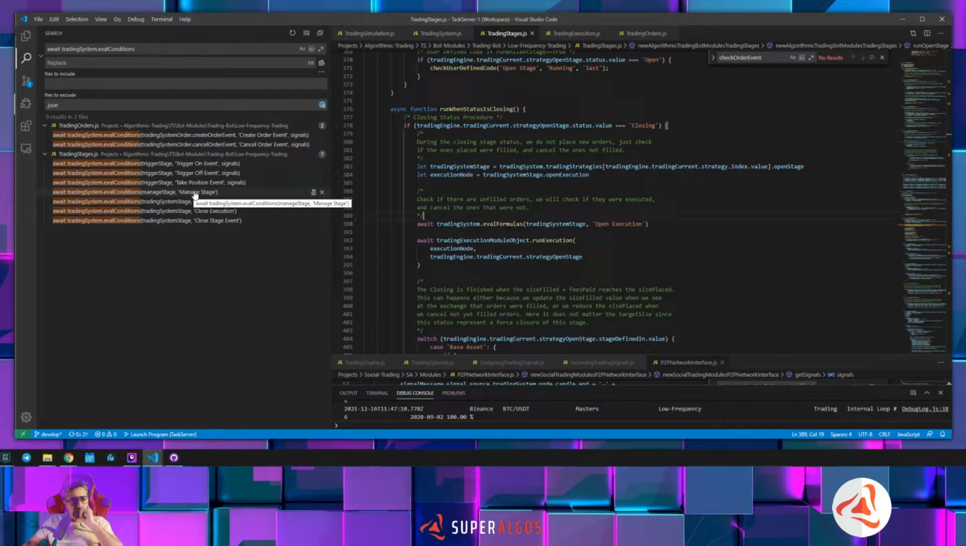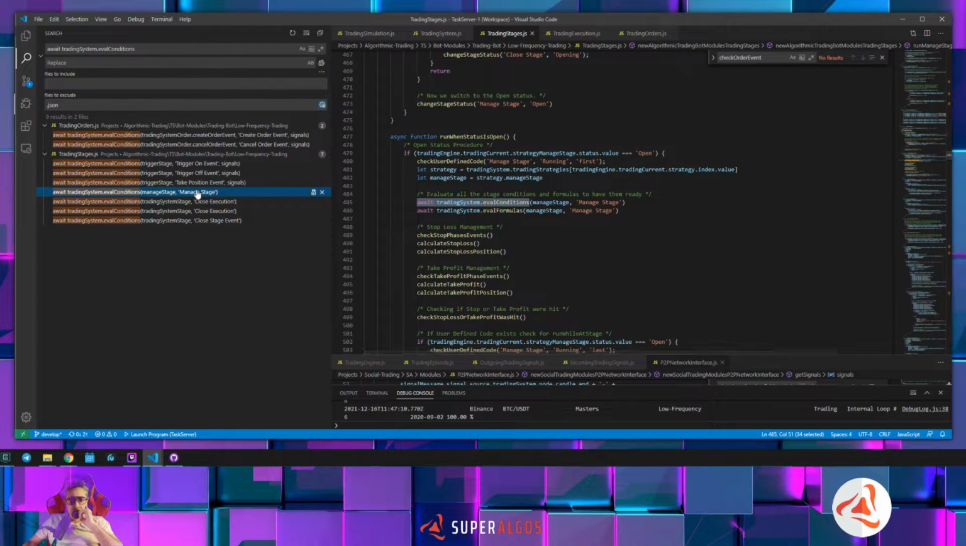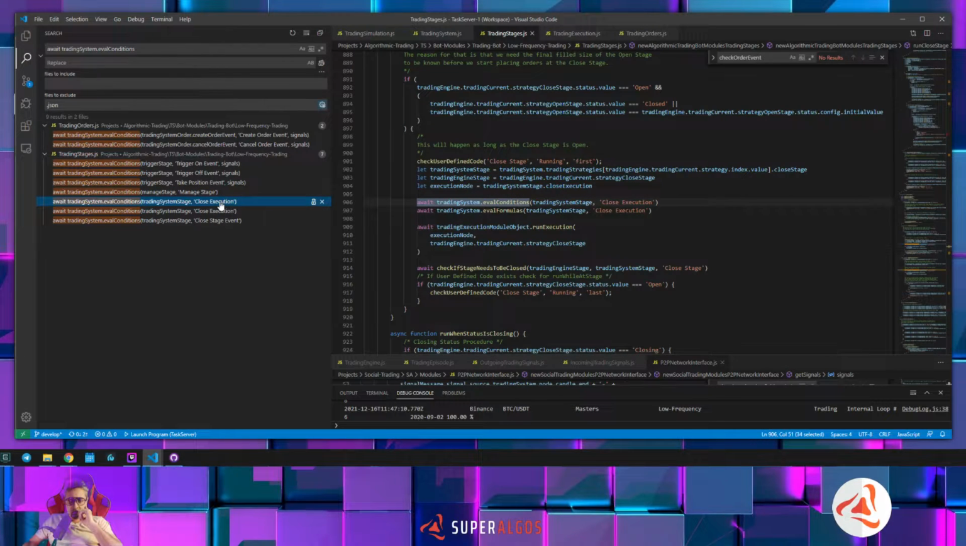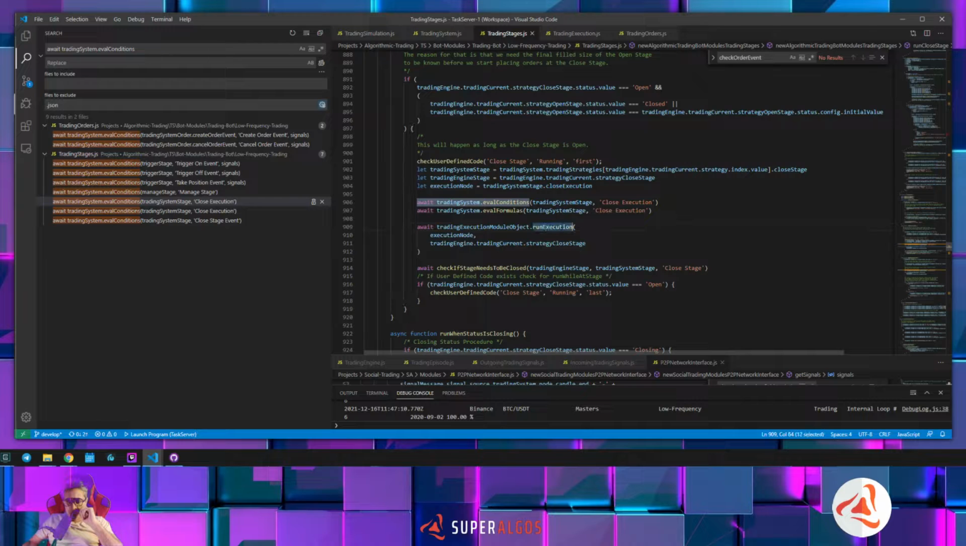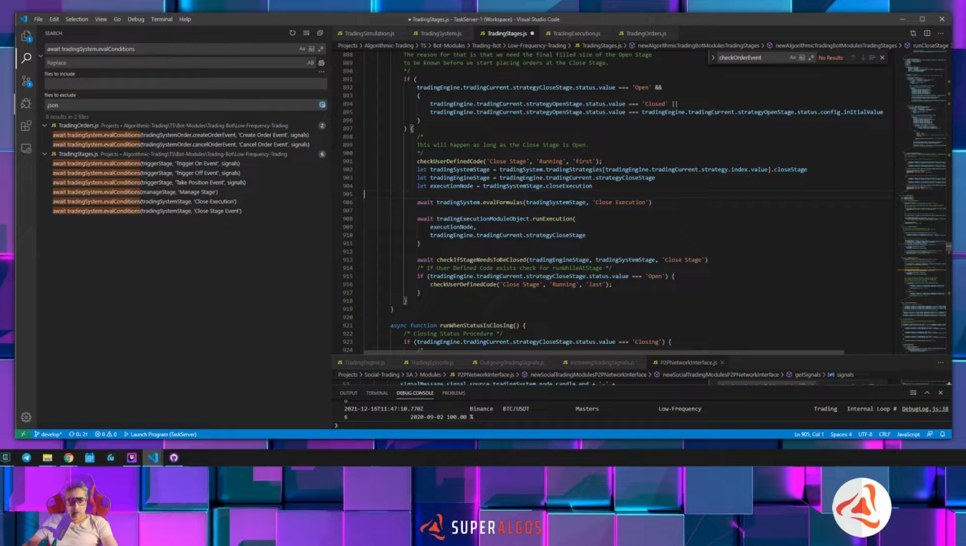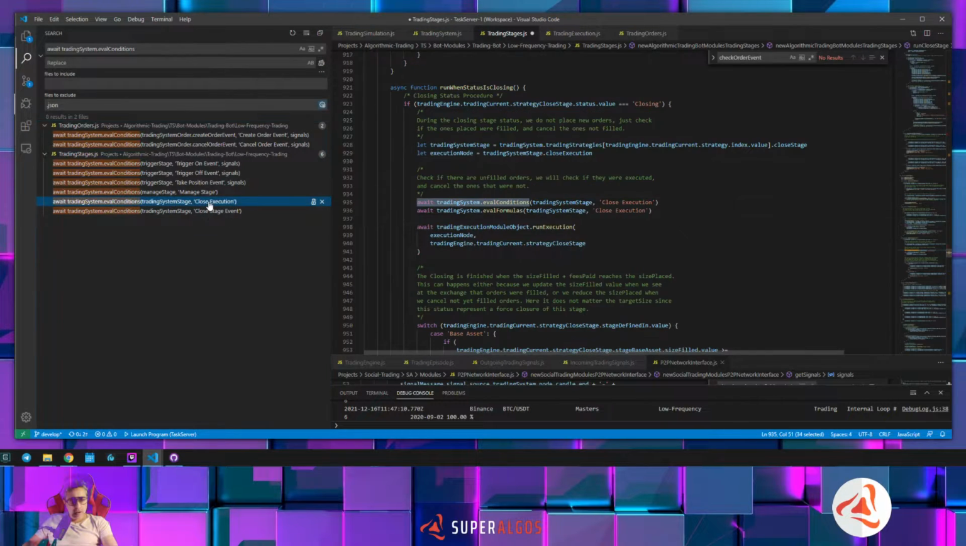Then we have this guy, the manage stage. And what is this? Close execution. Okay, we have this cover because it's exactly the same situation. Run when status is open, but we are at the close stage now. Because it's the same code that is running at the close stage, we can imagine this is going to work if we remove it. Also, if we remove it when it's closing,